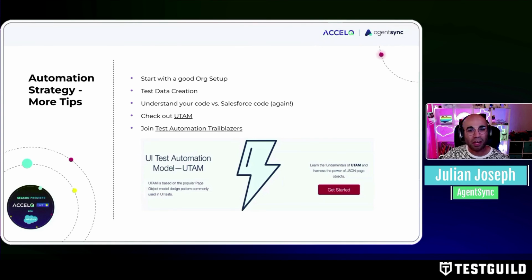Finally, I have a few more wrap up tips and tricks that didn't quite fit into some of the other challenges, and also just some things I wanted to hammer in. Really think about always starting with a good org setup. Start with that environment, knowing what's in that environment, knowing what kind of data you've created in that environment or need to generate in that environment on a regular basis. If you have a poor environment, poor scratch org, a poorly set up sandbox, and you're running tests against it, you're probably getting a lot of false positives, a lot of false negatives,